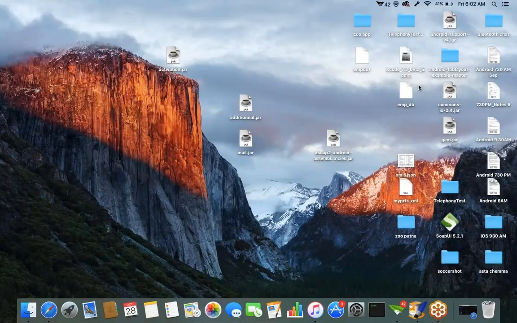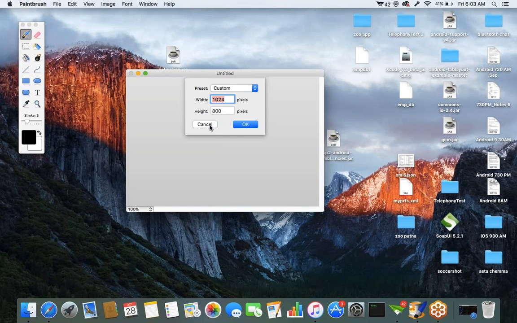We discussed the intents concept in our last class. Basically, there are two types of intents: implicit intents and explicit intents. Okay, so once again,